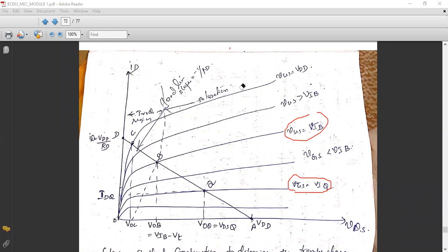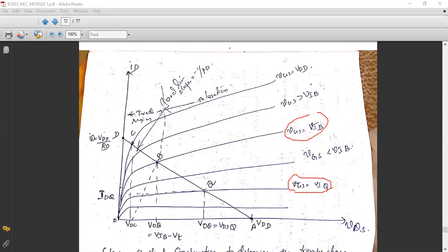Also, there should not be any distortion. Correct. So whatever we have given as input, the output should be the exact replica. The only thing is that the amplitude should increase. So you have to keep your frequency as such, and the shape of your input waveform should be retained at the output without any distortions. So for that, it should not go beyond saturation. I mean, it should not go towards the cutoff region or towards the triode region.